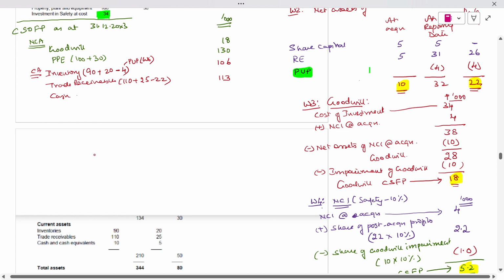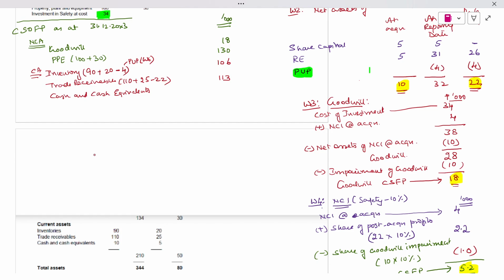Next, cash and cash equivalents. Now, from next week onwards, you have to open a Word file and an Excel file. I will tell you how to do that. In the end, the moment we start the examination kit, I will also tell you how to do that in examination, how to set the screen. One is the question, one is the Word file, and one will be the Excel file.